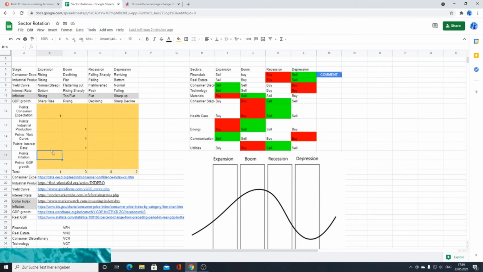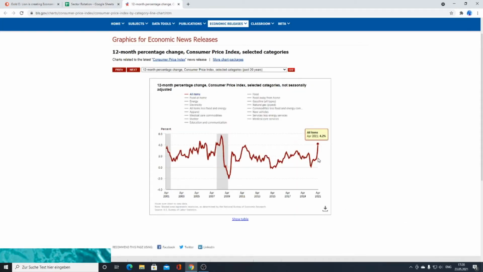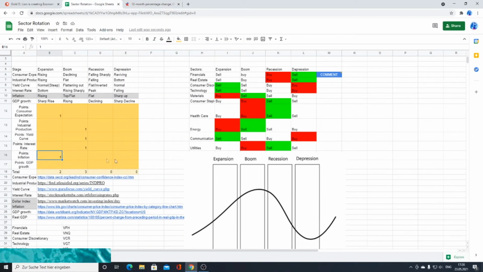So let's go back to our indicator. Is it rising? Is it at the top? Is it flattening out? Or is it sharp up? Well, it is sharp up, but it's still rising. So I would say it is still on the rise. Maybe even sharp up, because this has been since March. Maybe back in February or March, I would have said sharp up, but it is continuing to rise. So I'm in between. I don't know, it's either here or there, but I would say it is still on